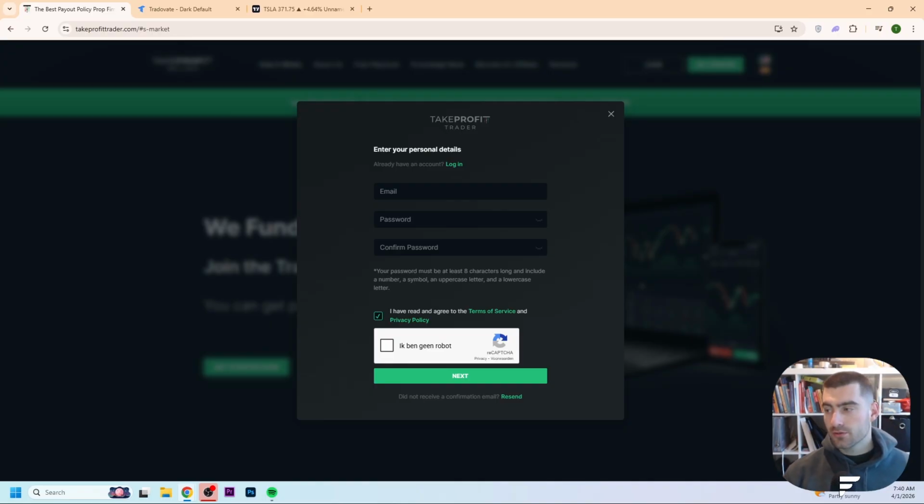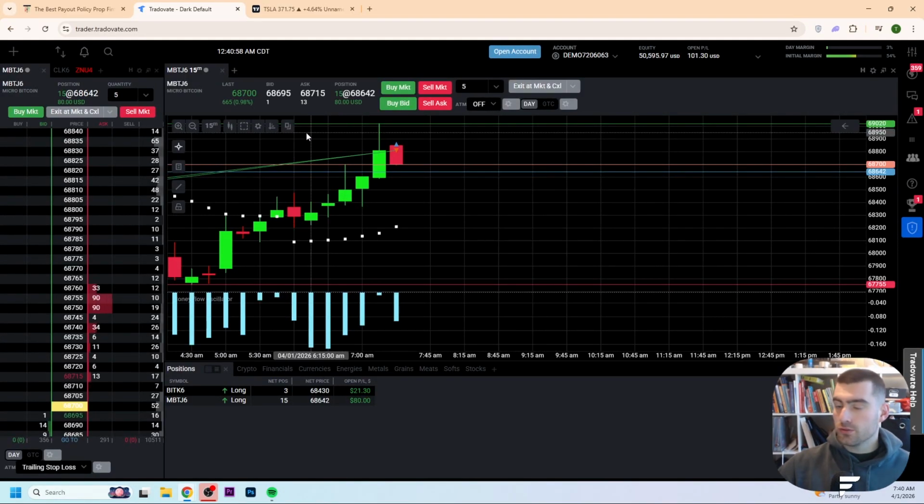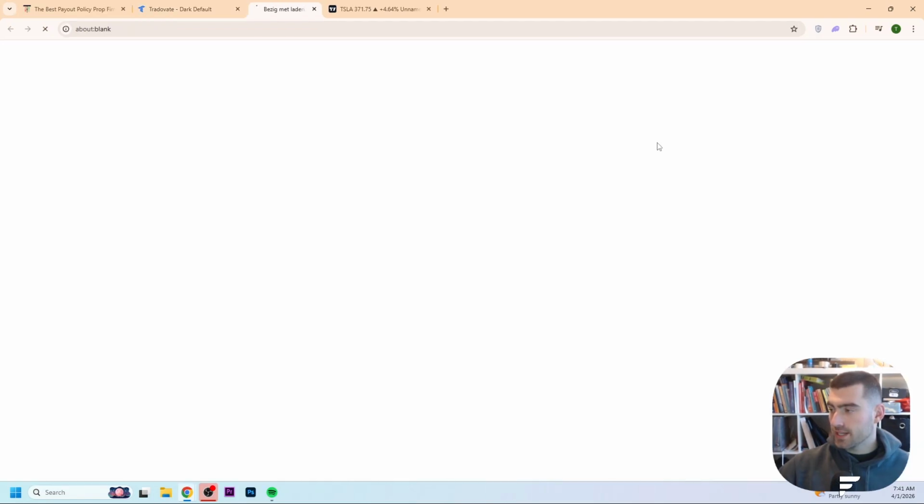Then if you continue, make sure that you do the complete setup for the Take Profit Trader. Because after this question right here, you will get the question which type of account you want to use. Then you have the option to select NinjaTrader, Tradovate and TradingView, all three in one box. And if you select that one and do the complete setup for the Take Profit Trader, it will send you to Tradovate, because in the last step, they send you a login and a password to use on TradingView. So then what we're going to do is we go right here and select add trading account,